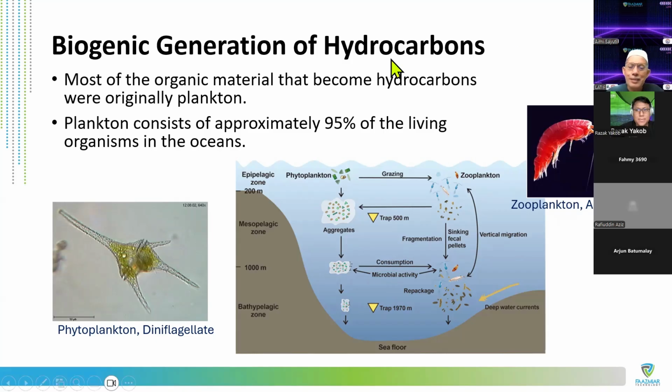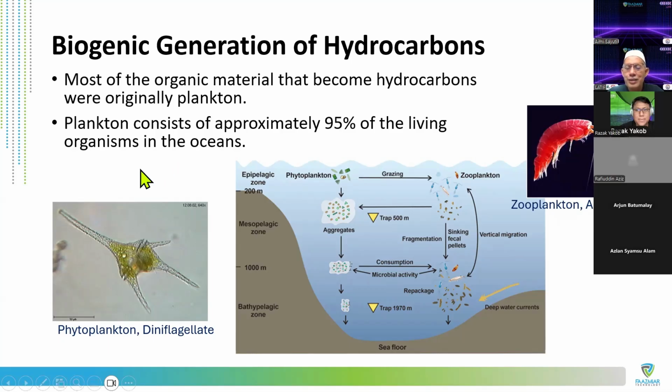Okay, so this plankton, even plankton seem to be very light, but we're talking about millions of years. The accumulation of this plankton is huge, that makes it the source of the organic material for hydrocarbon. Unique, very interesting subject. It's millions of years ago, not talking about 100 years or 1,000, no, it's about millions of years. Sometimes it goes to 500 million years in terms of the generation, including the dinosaurs' time and so on.